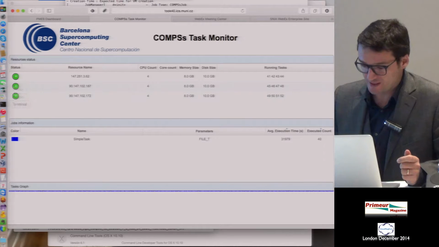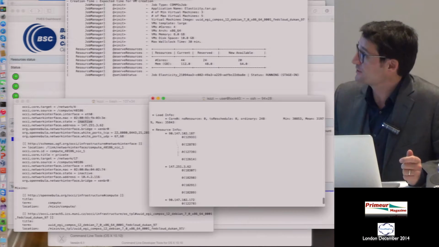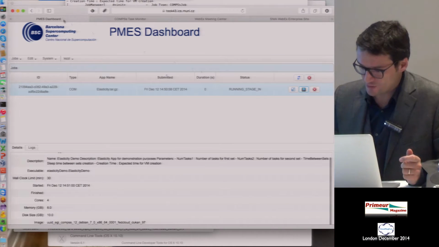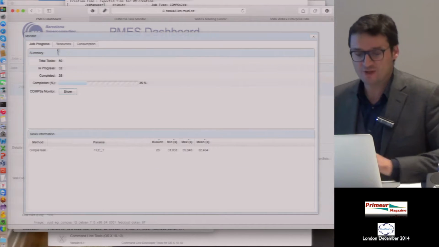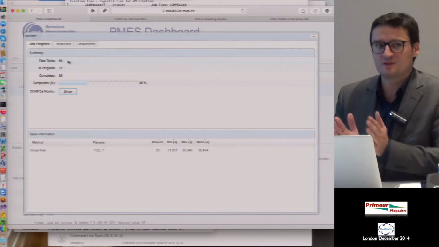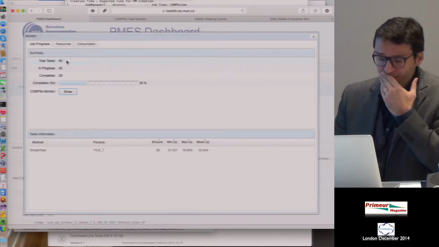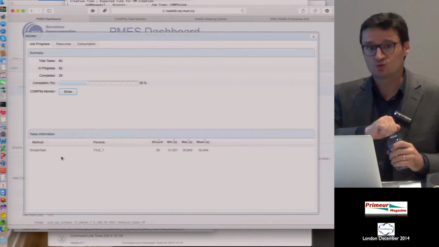So here we can see that the tasks are being executed on these resources. Through the dashboard, we can see that at the moment we have 80 tasks, as I said. Now the runtime is blocked waiting for the completion of these tasks, and then it will generate 200 more tasks.